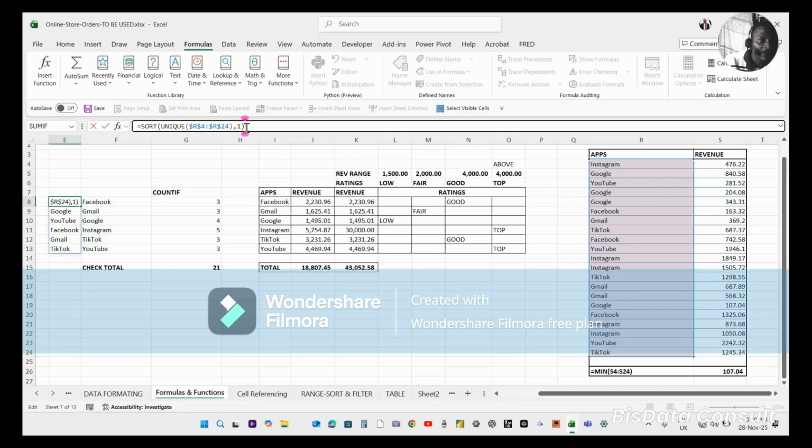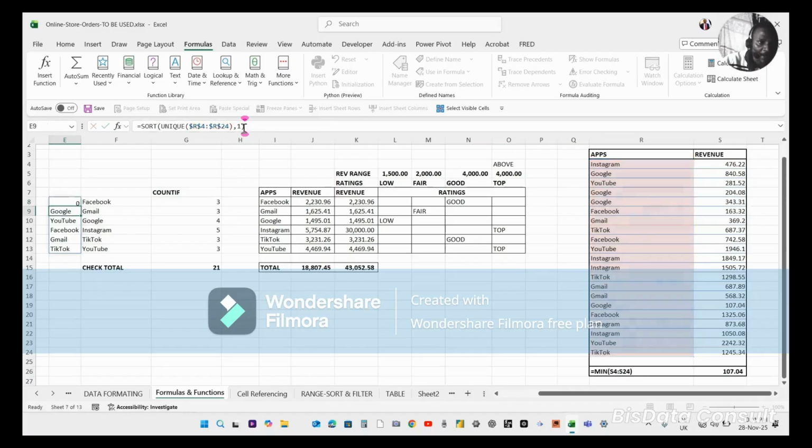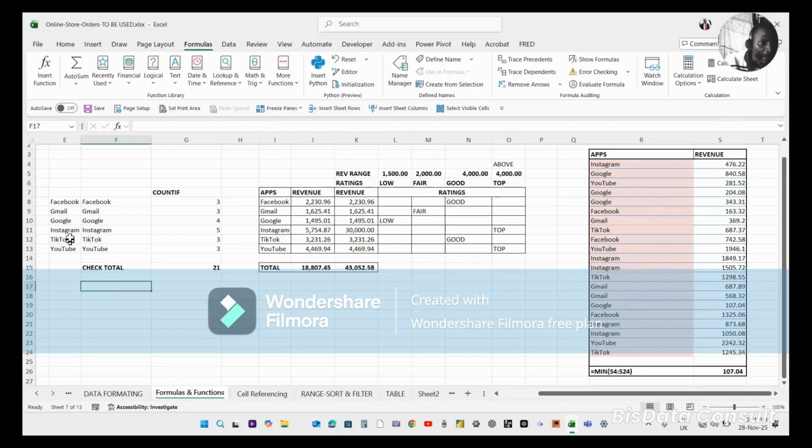Then that is when you have finished coding the formula. So I press enter. Since it's giving me black at the last closing parenthesis, I press enter. You see that immediately it is sorted. Voila. See, Facebook, Gmail, Google, Instagram, TikTok, YouTube. So the beauty is that if I have a long list like that and I want to use it, but I don't want the formula to continue, what I will simply do